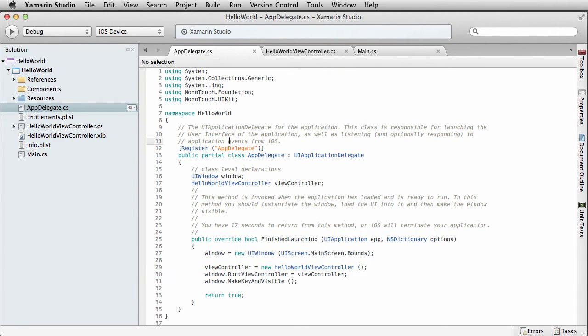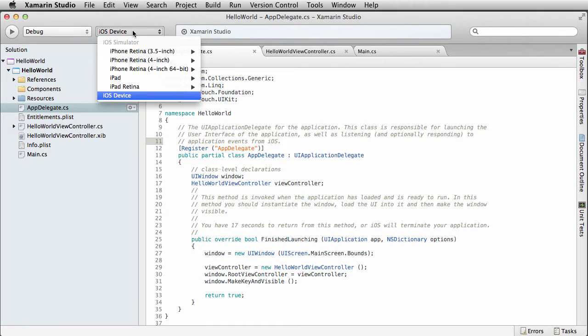So before we jump into designing the UI, the first thing I want to do is just run what Xamarin Studio has created for us and see how that goes. So up here, we've got a play button to run the application and debug, and you'll notice this drop down. We can pick an iOS device, a physical device plugged in, or one of the simulators. So we can do iPhone retinas at various sizes and iPads. So I picked this to be an iPhone